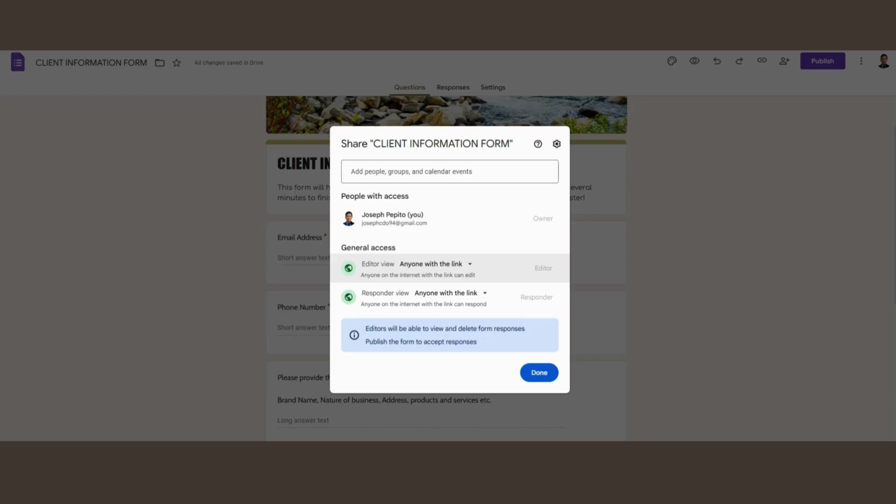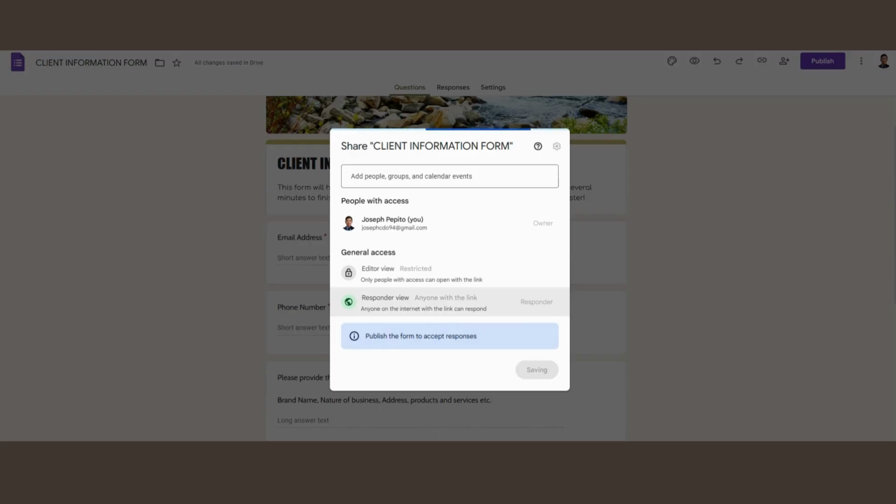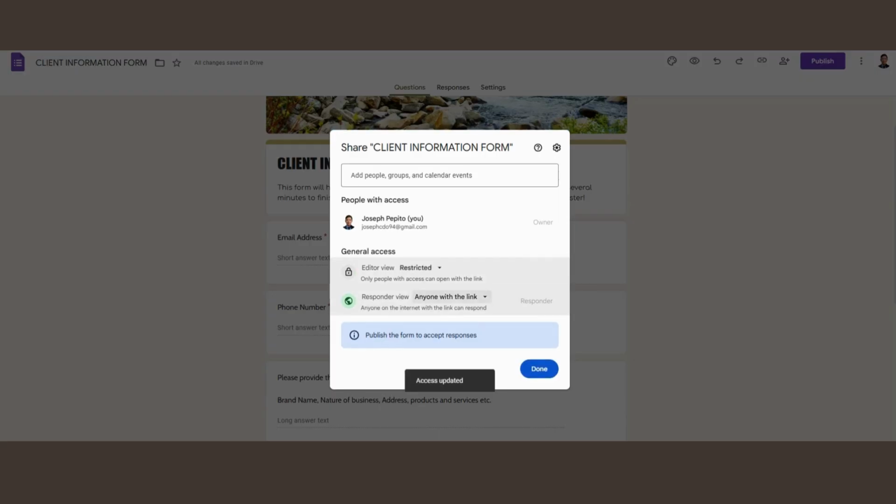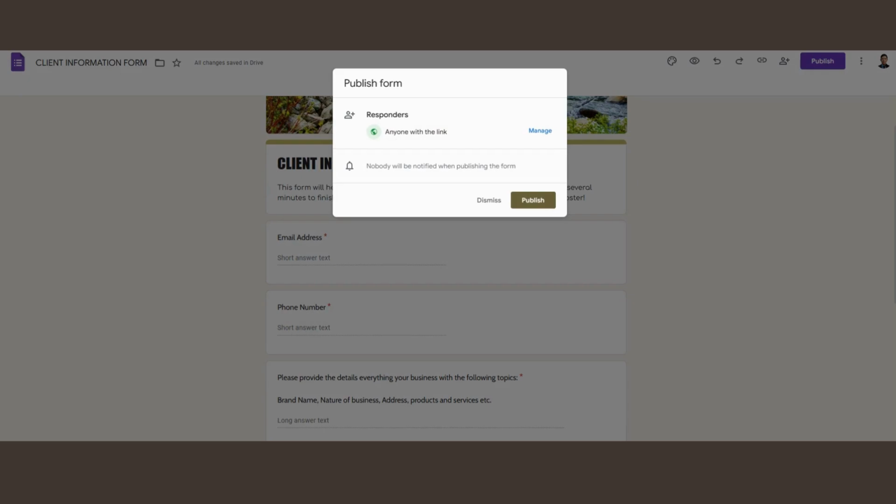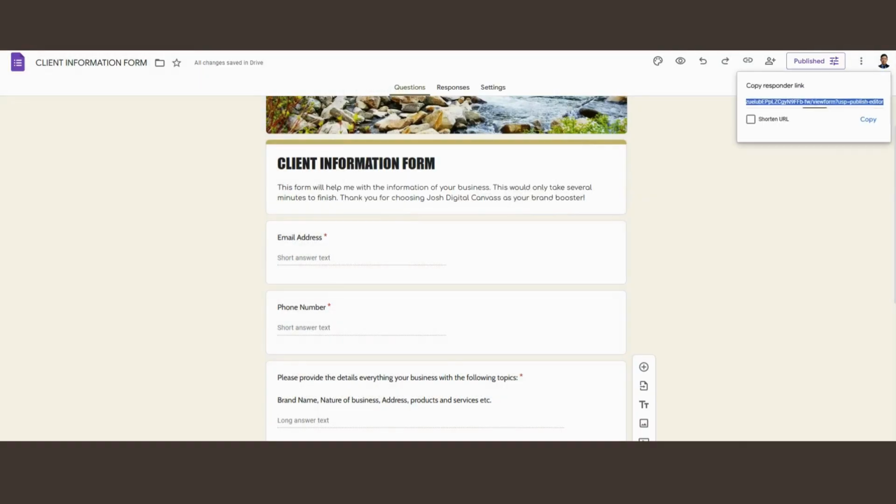For editor view, if you don't want the viewer to edit, just remove the link. So here, this one, responder view, then click done, and then publish.